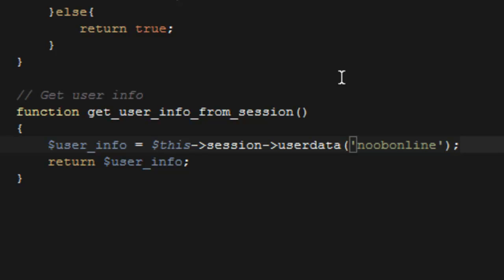Now, the second one, all we're doing for the second one here is we're getting some information from our session. If you remember, we created our session back in login, and we named it Noob Online. Since that's my website, you name it whatever your website is, or whatever your session is. And so all we're going to do is set user info equals this session user data Noob